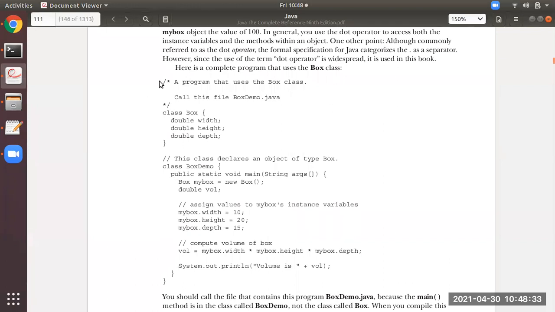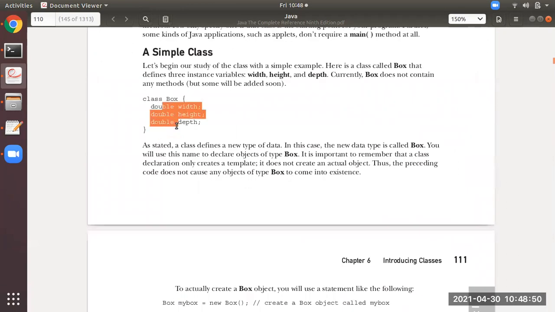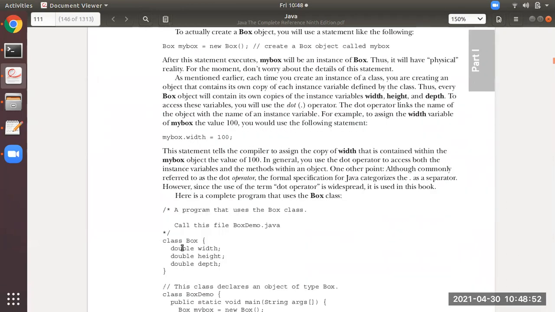So this is the program which I have explained. Okay, now as I said, what I have explained, it will do that part only. This is the object, and with the help of the new operator, it will create a memory. That memory will be named Box. Inside that, it will have these three variables: width, height, and depth.